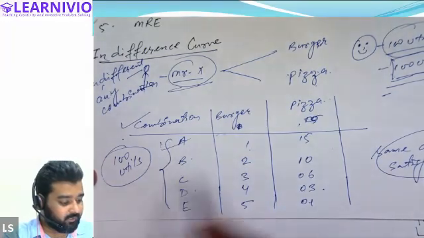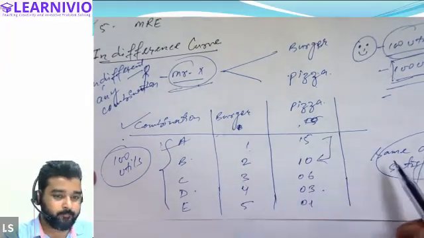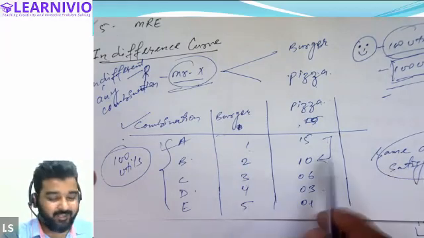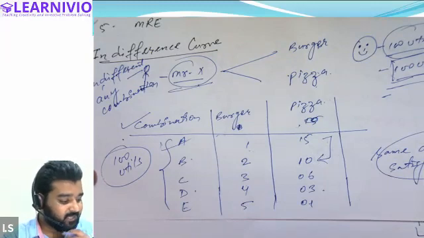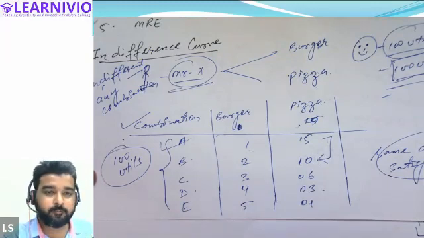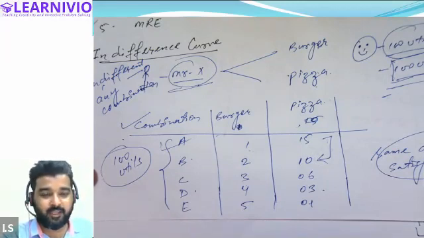So what happened here? He increases the quantity of burger. At the same time, he reduces certain slices of pizza. Correct? Why is he sacrificing certain slices of pizza? Can you tell me? Because to equalize the satisfaction. Correct, to equalize the satisfaction, to ensure that satisfaction remains the same in combination B as he was getting